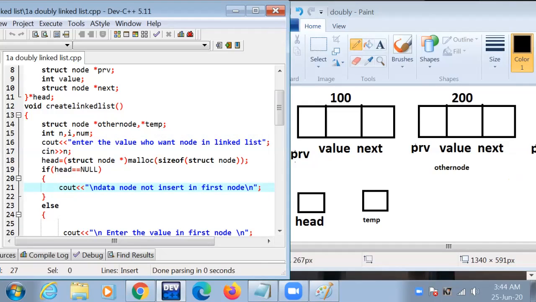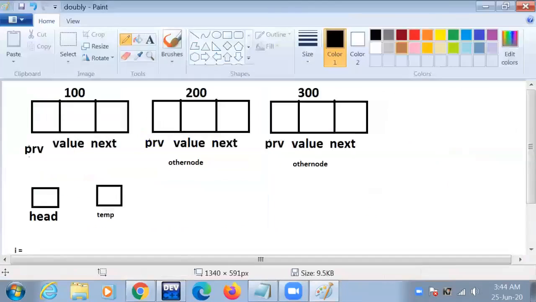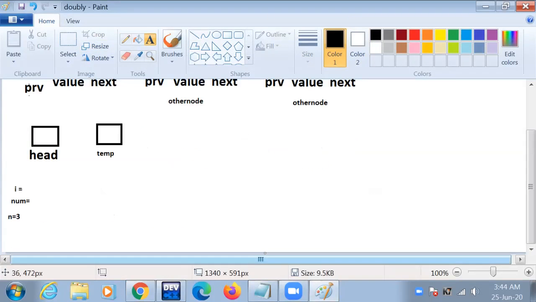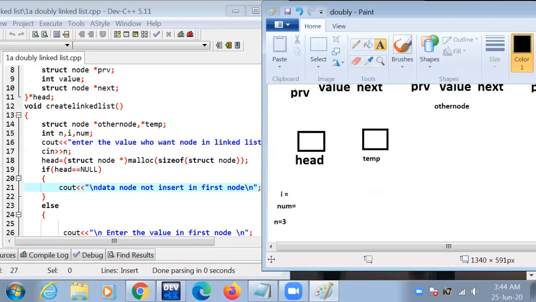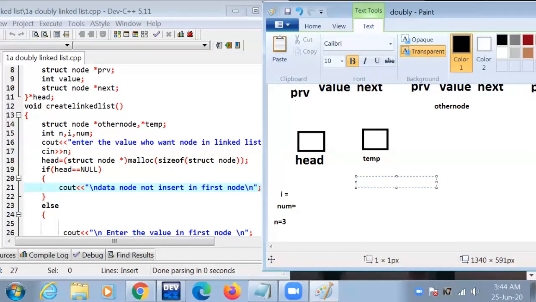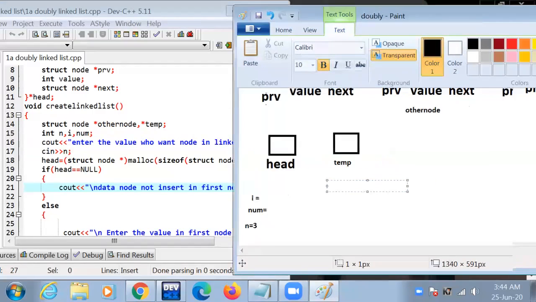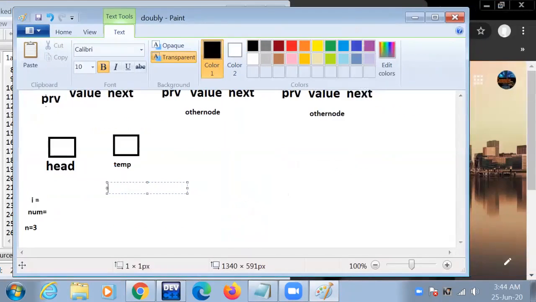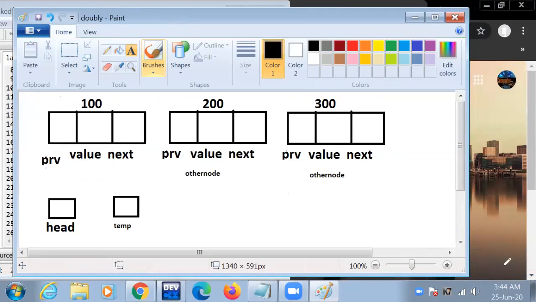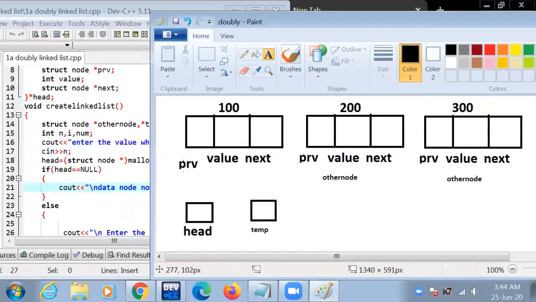Enter the value you want in the linked list. We enter the value n is 3 because we want 3 nodes in the linked list. Head equal to struct node malloc size of struct node means malloc allocates the size, and head points to the first node.